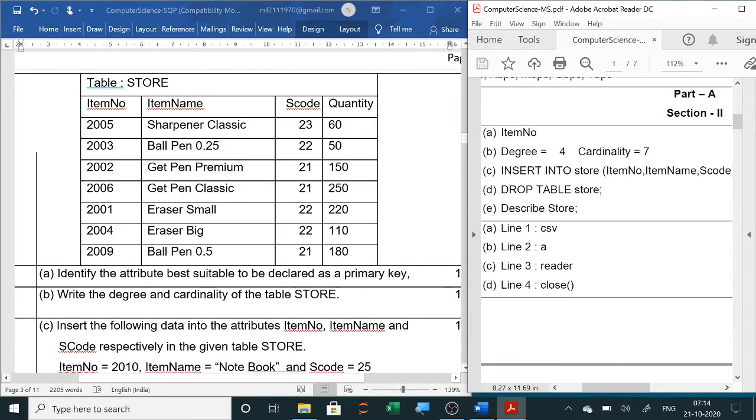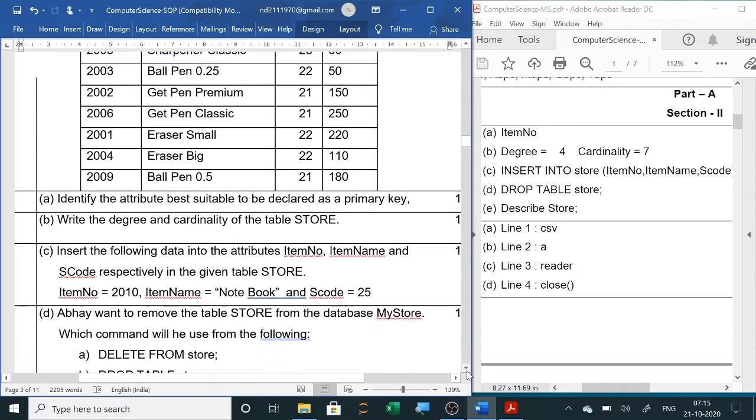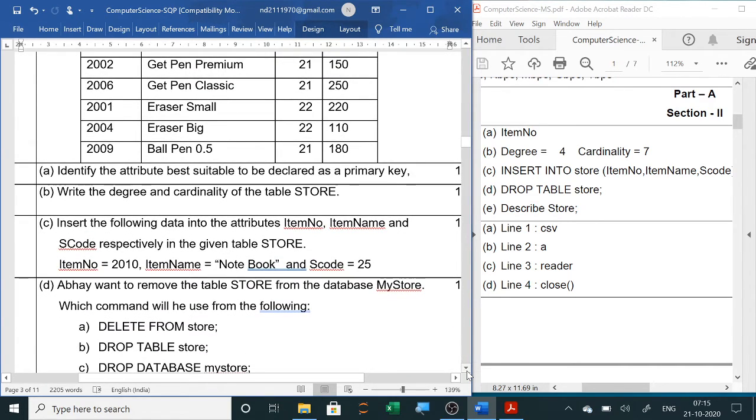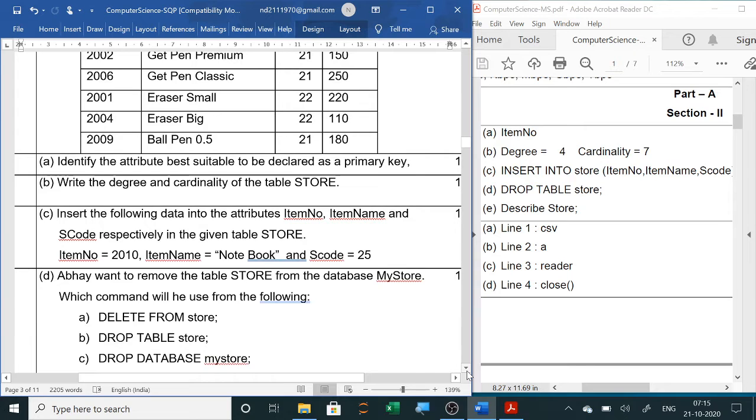Next, we have to insert the given values. So we will start inserting. The command will be insert into Store, in brackets all the column names, then values, and then in brackets all the values.